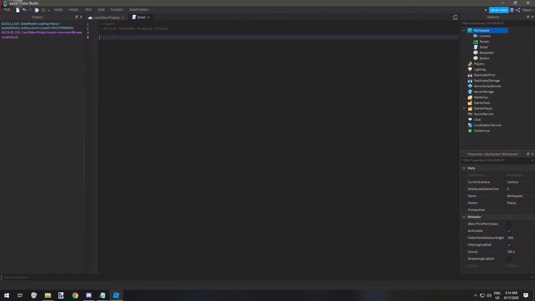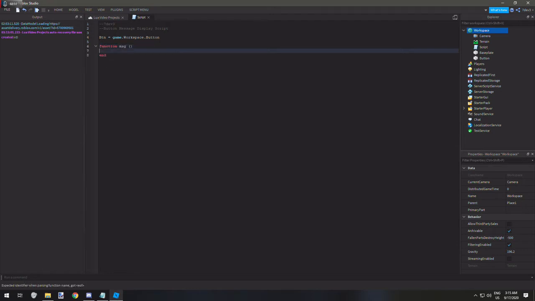So first thing we want to do with our code is define some variables, because we don't want to continue typing out game.workspace.button. We're just going to make a very simple way for us to call that button within our script. So we'll name our variable btn, which is just a short way to write out button, and we're going to equate that to our item, game.workspace.button. Now, we also want to write out our function, which will be called every single time the button is pressed. So I'm going to go function